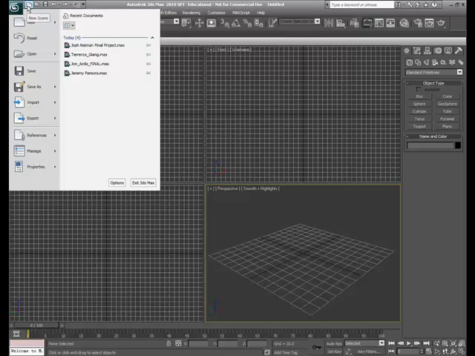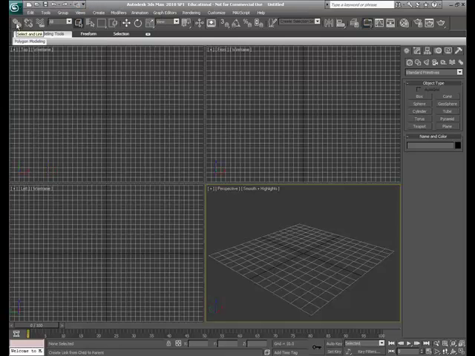I mean, up here we have new scene, we have open file, we have save file, undo, redo. We have project folder, which you can set up, which I was getting to in week 2 to have everybody set up. So that's just kind of how the basic navigation works. Click off here. Now the first icon, we're going to go through each one of these icons,